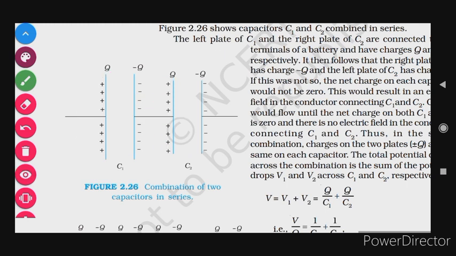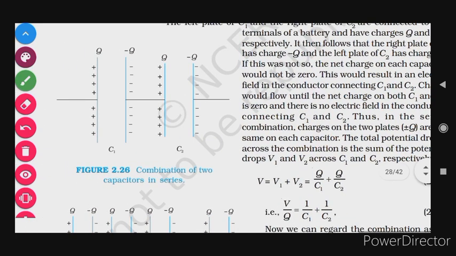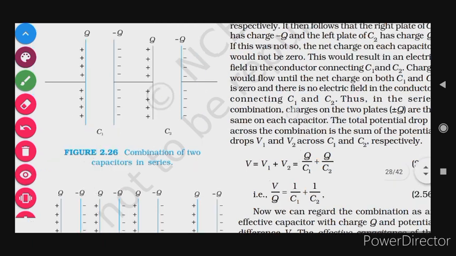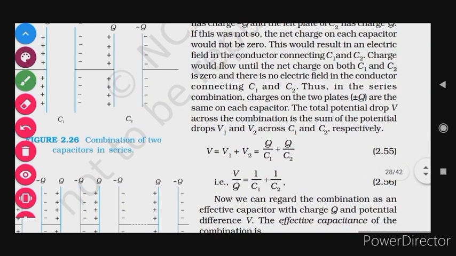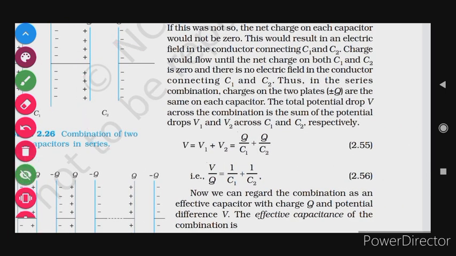Okay, so this can be one explanation now, but the thing is there is no net charge on the two capacitors, and the charge on each plate is plus Q and minus Q. Now moving further, we'll see that in the series combination, charges on two plates, plus minus Q, are the same on each capacitor. The total potential drop V across the combination is the sum of the potential drops V1 and V2